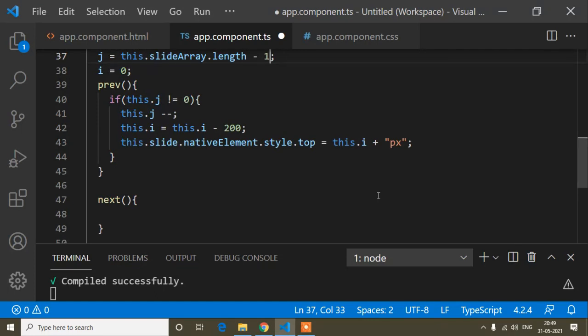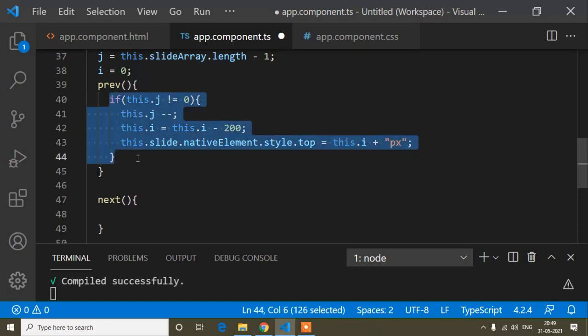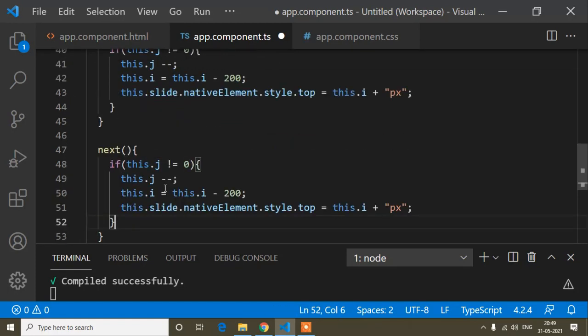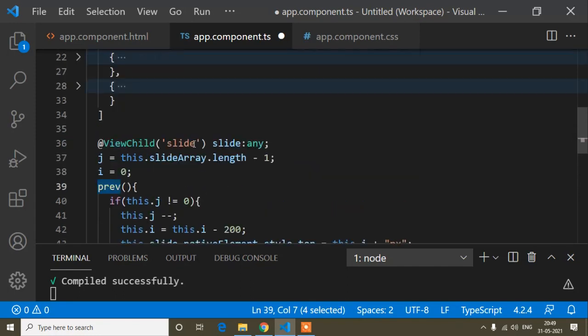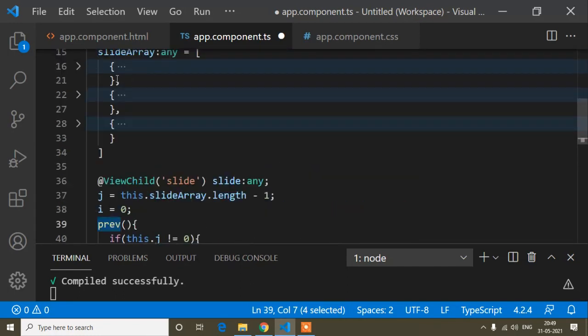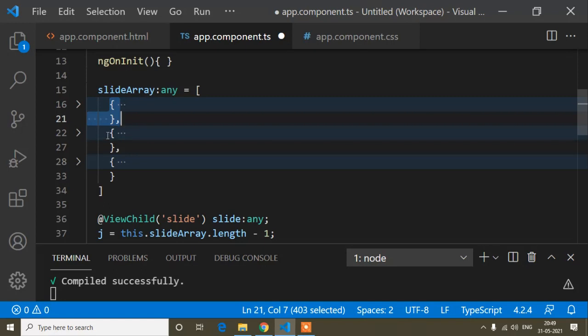So I hope you have understood. And now for the next button, I will copy the same thing from here and paste it, but here just the i has to be changed. This one is the preview button, which first of all was showing the first object, and when I was clicking the preview button, it was showing from the last.